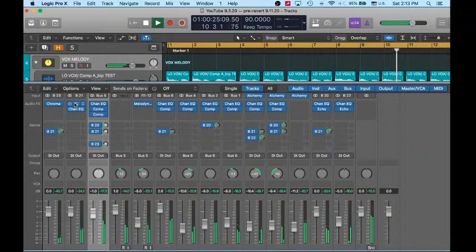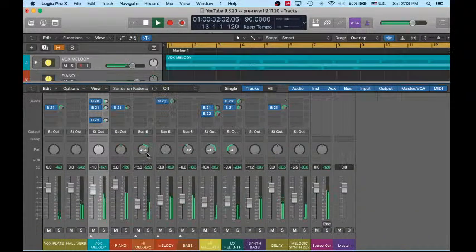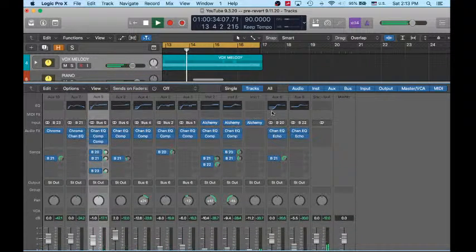If you've got EQ on all of your tracks, don't be afraid to EQ your reverbs. Don't be afraid to EQ your delays. Put some compression on there too. It will help